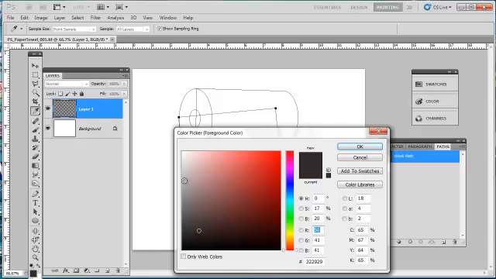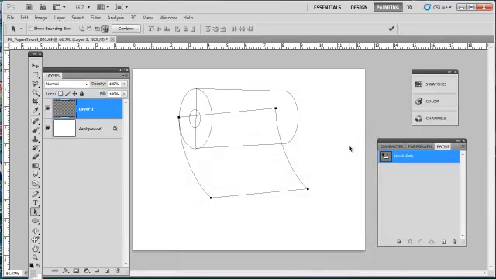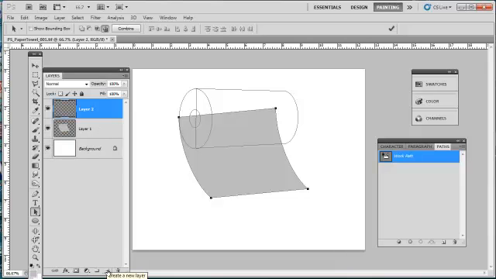I'm going to make sure that I have the right color, so I'll select my foreground color and make a light gray, and I'll hit OK. And then while the path is selected, I'll go down to fill path, and I'll fill it with that neutral gray. Next thing is I want to create another path, another layer, and I will click